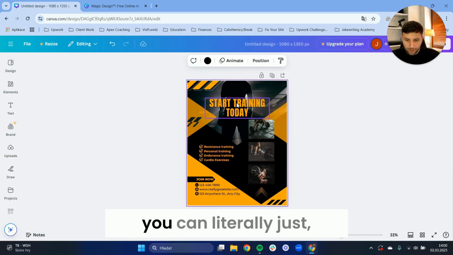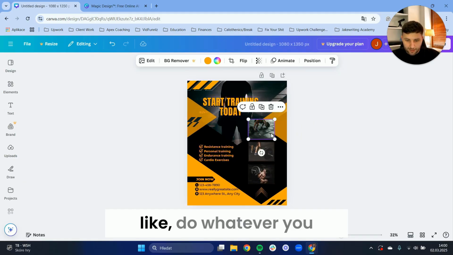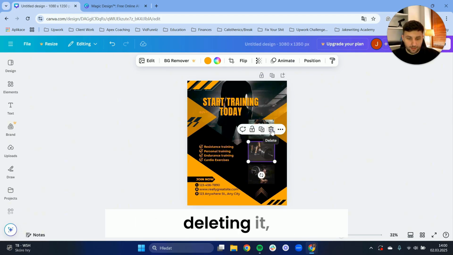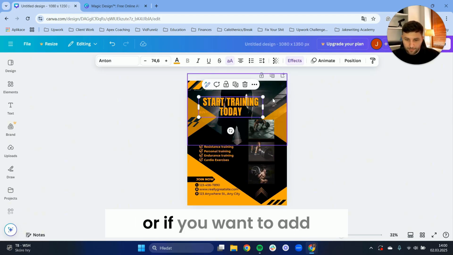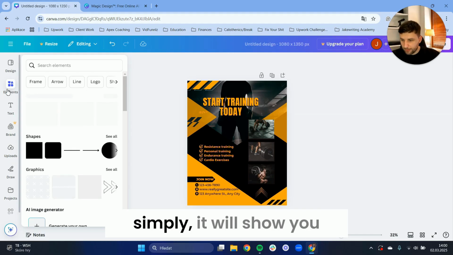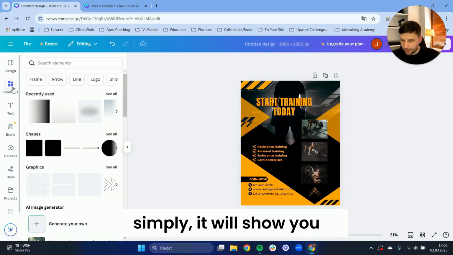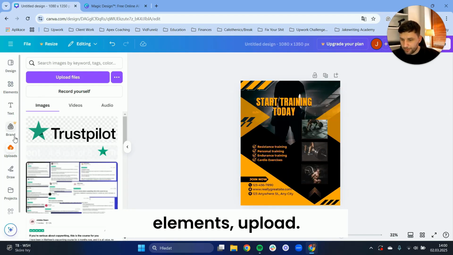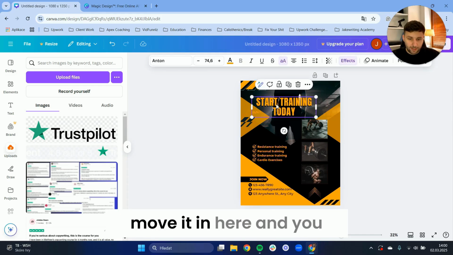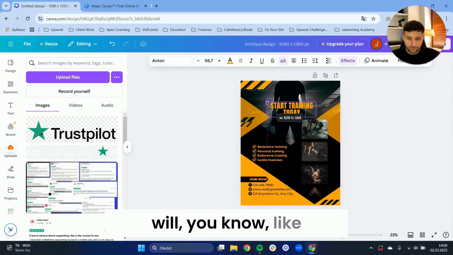And then once you're here, you can just do whatever you want with it, right? Like just by clicking it, deleting it, or if you want to add something, let me quickly show you: elements, upload, and right here you will upload files, and then you will move it in here, and you will enhance